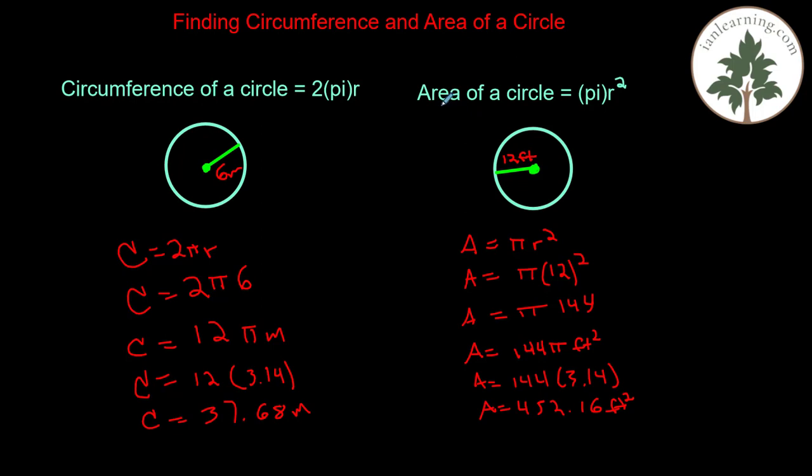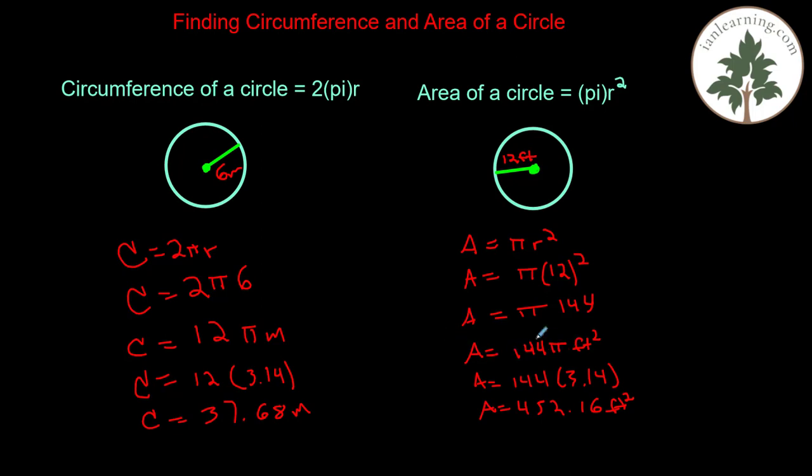So to take a step back and actually find the area of a circle with a radius of 12, once again, if they gave us diameter, just divide it by 2, cut it in half, and use the radius value in this formula. So area equals pi r squared, right? Area equals pi r squared. We're just going to substitute 12 in for the radius and square it. 12 squared is 144. We like to put our constants before the pi symbol, so we'll say 144 pi feet